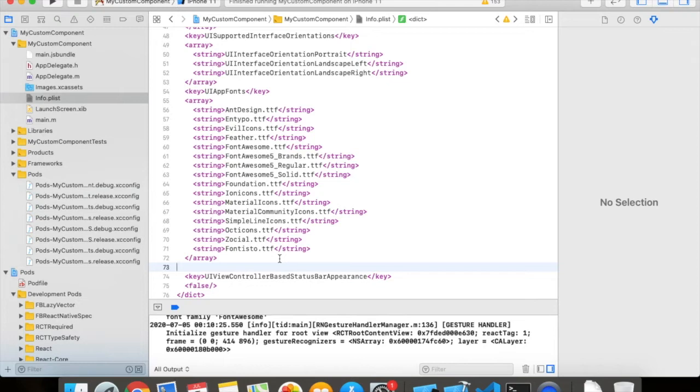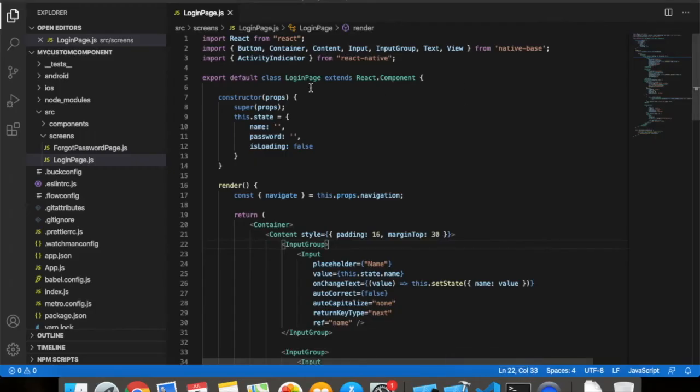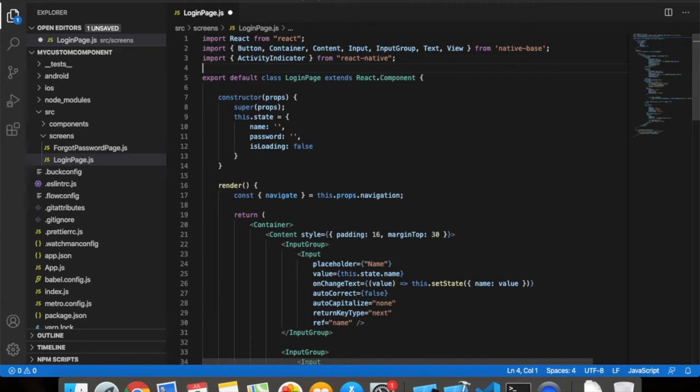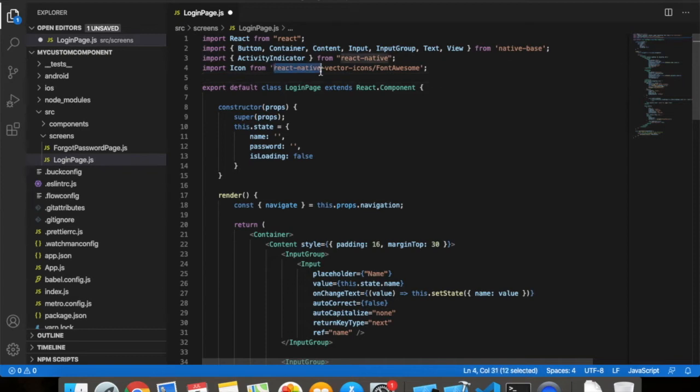Once the fonts are added, now I will quickly show you how you can include the icons in your project. The idea is I am going to add an icon just before my name and password, so that looking at the icon, the user will get the information that they have to type a username and password. For that, all you need to do is import your React Native vector icons. This way you can include your React Native vector icons, and you need to specify a font family from which you are going to fetch the icon. I have provided a name for this icon. You can provide any custom name. So from this font family, I am going to add an icon.